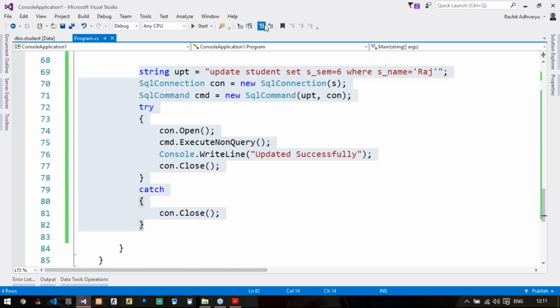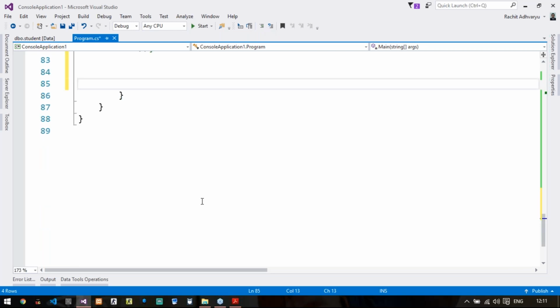So string del equals to delete star from table name, that is student, where the condition is semester equals to 5 and the column name of semester is s underscore sem. So sem equals to, again it is type integer, so no single quotes, direct the value, that is sem equals to 5.